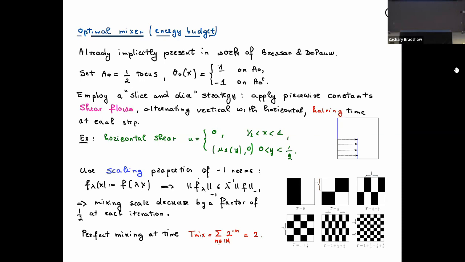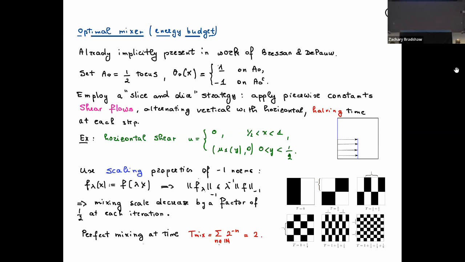So this gives rise to what we call a self-similar mixing, because now that I have replicated exactly the initial configuration, I just repeat the same construction. The point is that this negative Sobolev norm has a very nice behavior under rescaling. And you can prove that from step 0 to step 1, so from time 0 to time 1, the 2 steps in the construction, the scale has gone down by 1/2. And so the H^-1 norm has also gone down by 1/2.